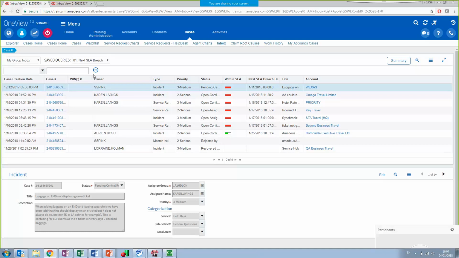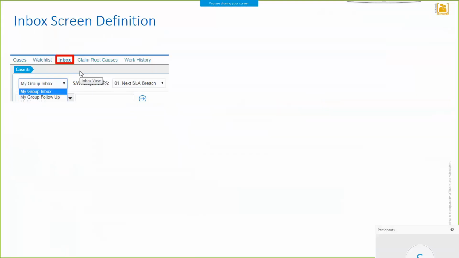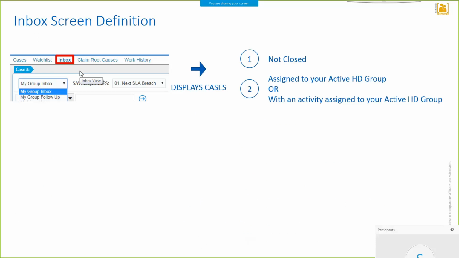So what are you going to find in the inbox views? It will display the list of cases which are not closed. So we focus only on the open cases. It will also display the cases which are assigned to your active helpdesk group, or with an activity assigned to your active helpdesk group.